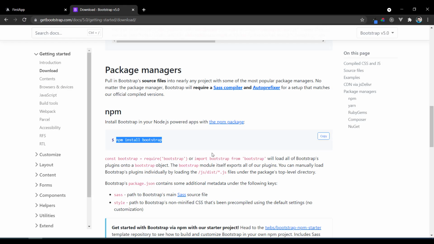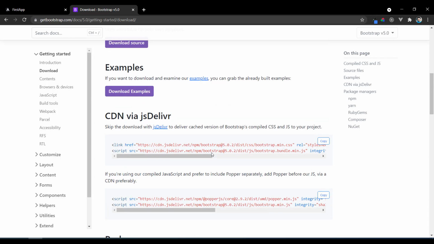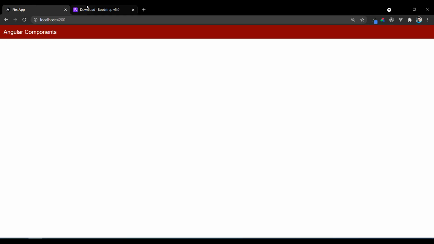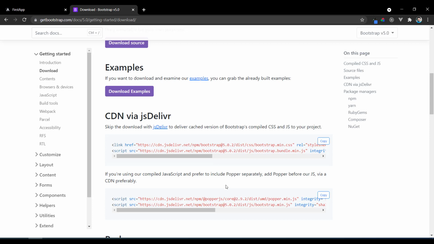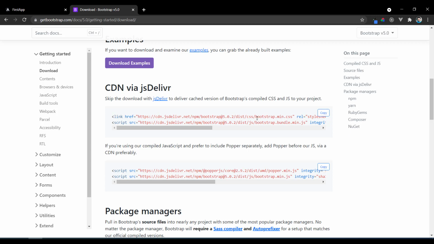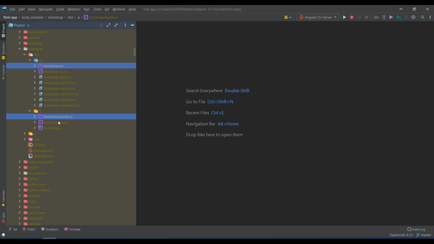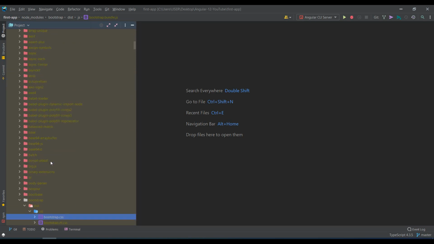For example, see here, we have just downloaded Bootstrap. But if you want to have the Bootstrap setup work in your application, you have to configure the files. So you have to connect bootstrap.css for your application and bootstrap.bundle.js you have to configure for your application. Those things are there in my node modules folder. So where should I configure them in your application is, you need to go to,